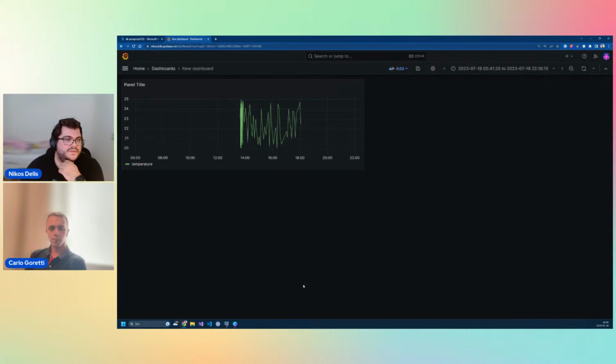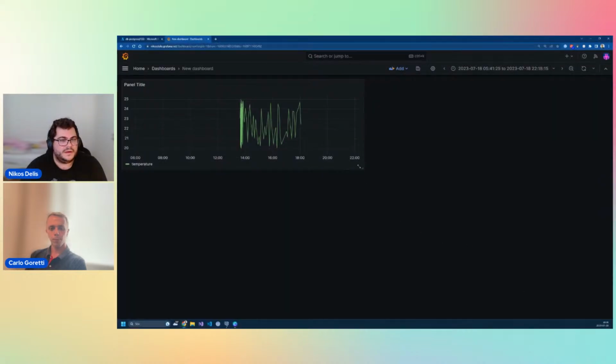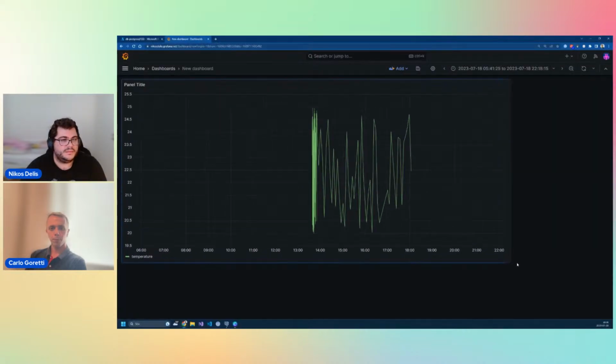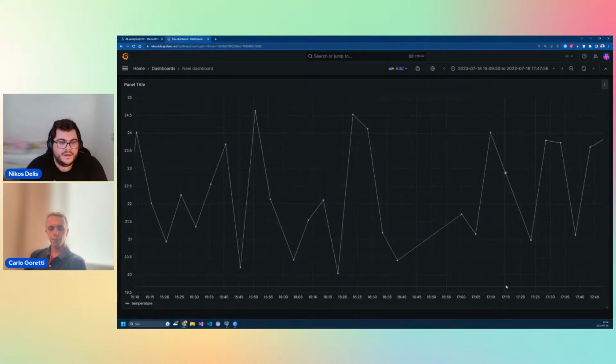So what we have done now is that we have completed the chain. So we get the temperatures from the sensor, we send them in the Azure IoT Hub, the Stream Analytics job is picking them, it is sending them in PostgreSQL, and from there Grafana is reading them and displaying them in a nice manner in a Grafana dashboard. We can make this thing bigger, so it looks nice and clear. We can zoom in, and